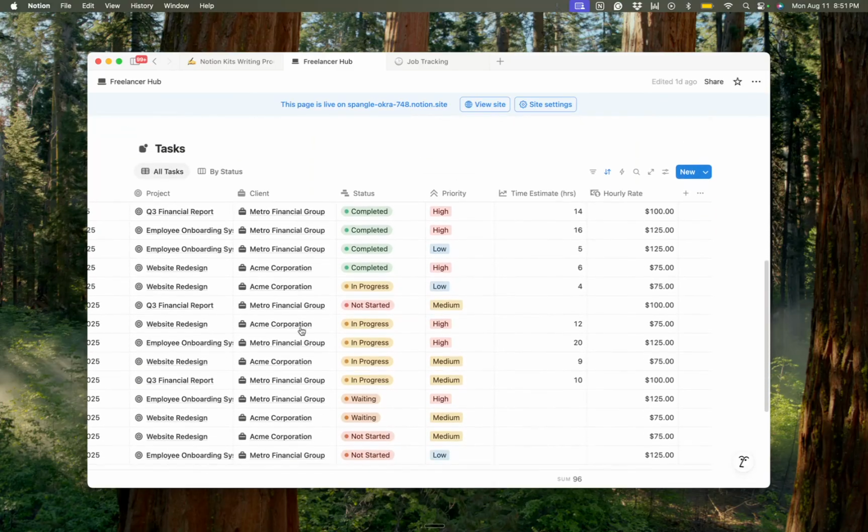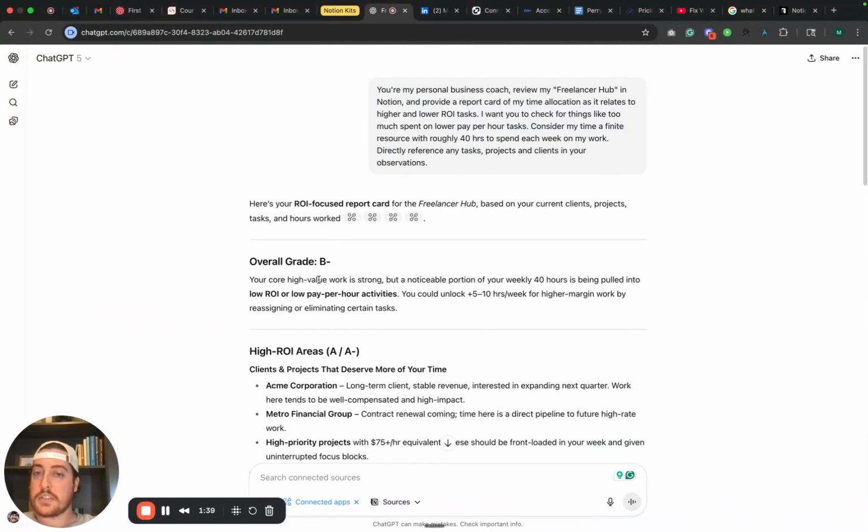But with all this valuable data, we can jump back into ChatGPT and ask it something like, hey, you're my personal business coach, review my freelancer hub, and give me a report card based on my time allocation as it relates to high and lower ROI tasks. I want to check for things like too much time spent on lower paying tasks and consider my time a finite resource. I want to spend this many hours per week and also directly reference any task projects and clients